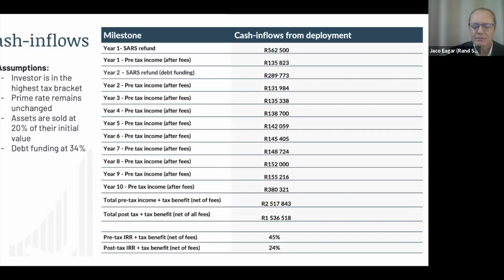We just need to unpack that a little bit. Those two numbers, the two SARS refunds, line 1 and 3, 562 and 289, are based on a 45% tax bracket. However, if you are in a tax bracket slightly lower,